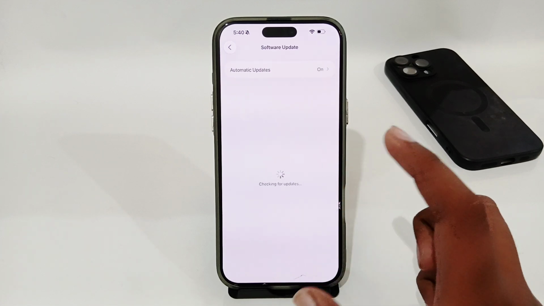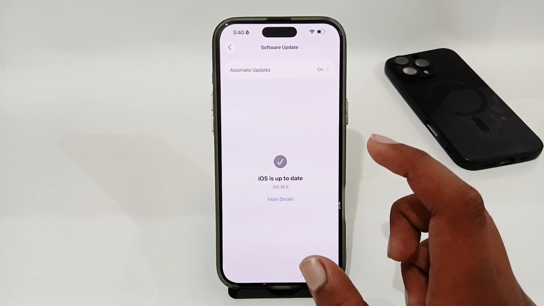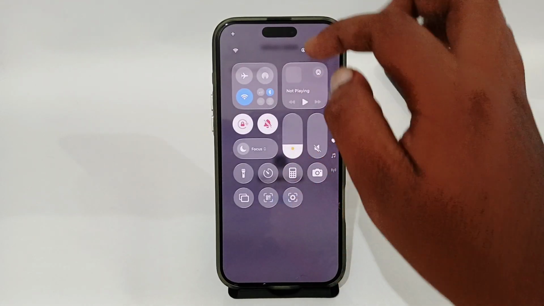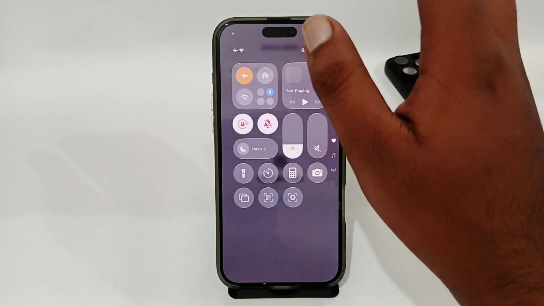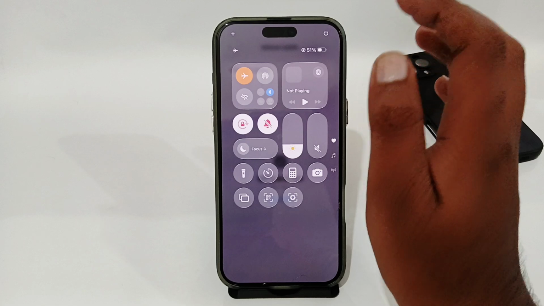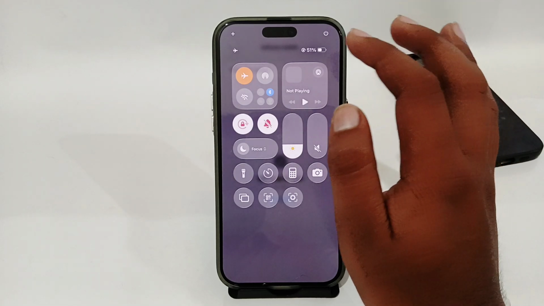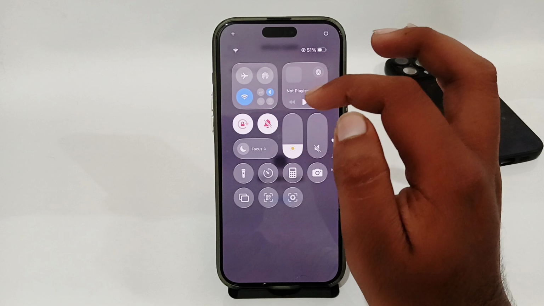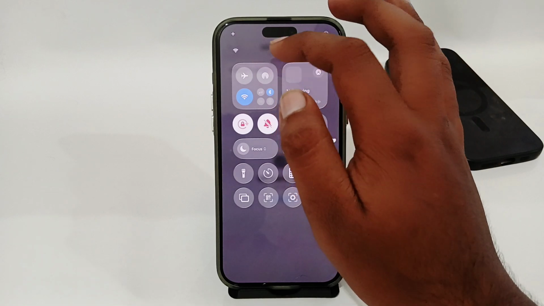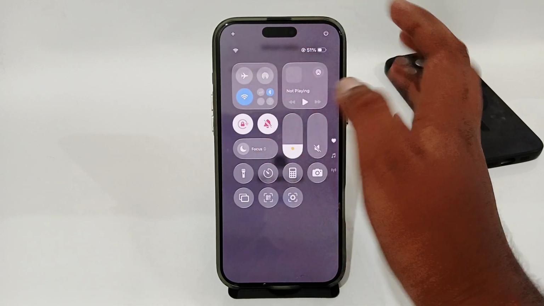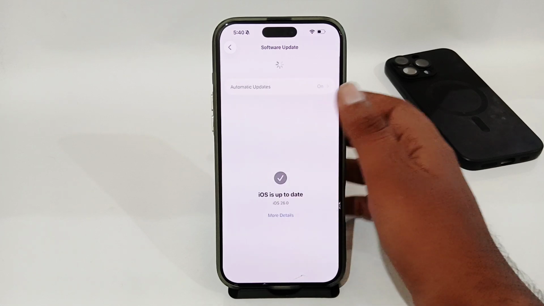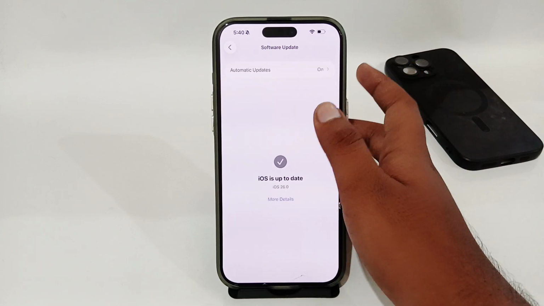But first of all, you have to make sure that you have a stable internet connection. So simply scroll down your quick settings and here you have to enable airplane mode and briefly wait for up to 5 or 10 seconds, and after that disable airplane mode and wait for when your phone is connected to Wi-Fi. Once you have connected, you have to refresh this page, and if you're here any system